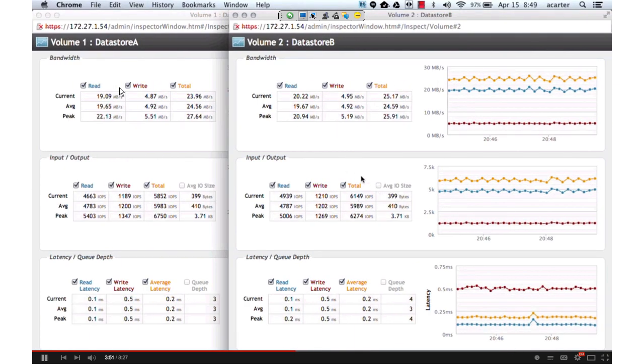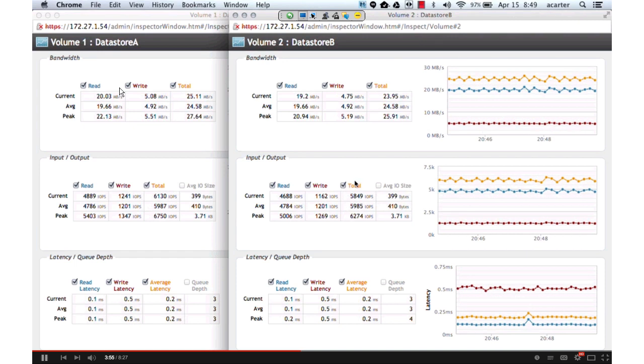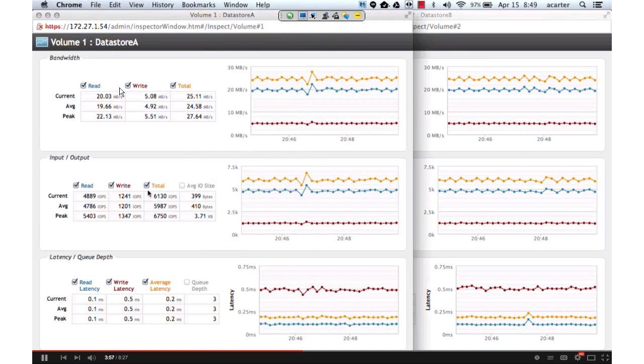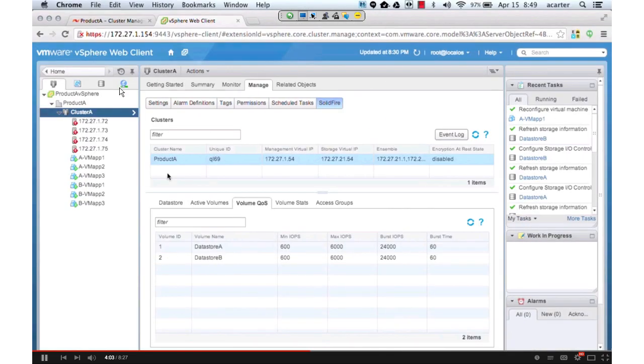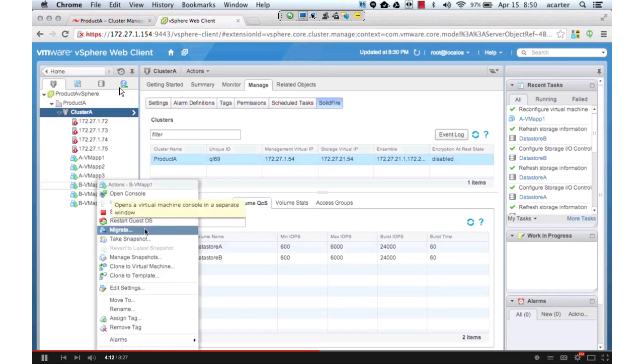We're going to make sure that this follows. And so what we've done here is we're running load on them to make sure it's actually enforcing the maximums. We've got data store A, data store B, both of them cranking at about 6,000 IOPS per. And if we move one from one to the other, prior to this integration, what would happen is